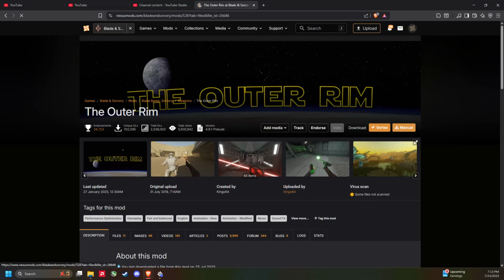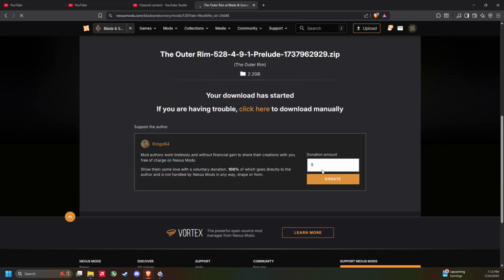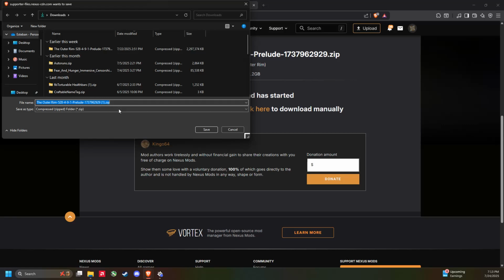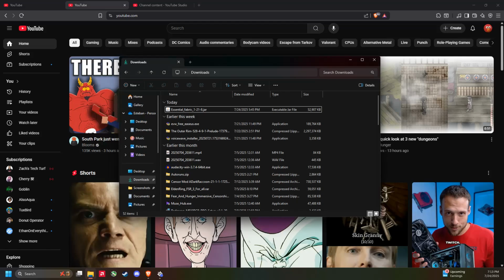You click Manual. For the manual download, you click Slow Download, and you will download the Outer Rim Prelude. This will take a while because it's about 2 gigabytes. And once that is done, you can open